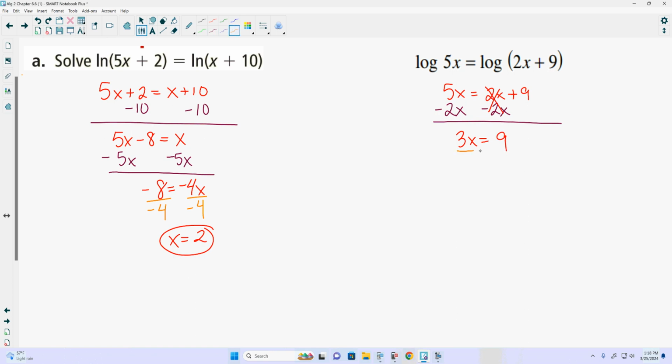Then we would divide, so x is 3. And that's it. And at any point, we could plug these back in and check them, and they would work out to be the same,